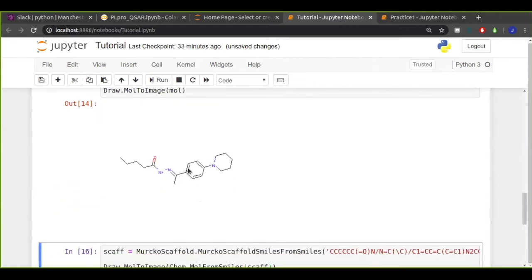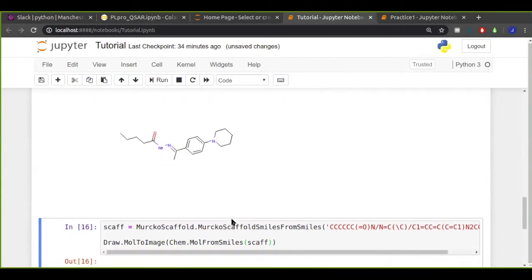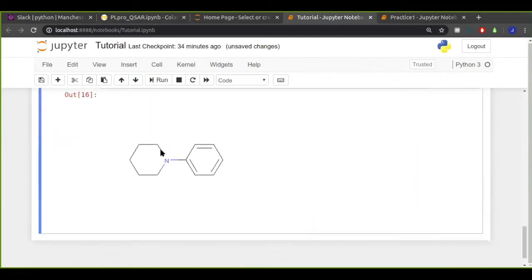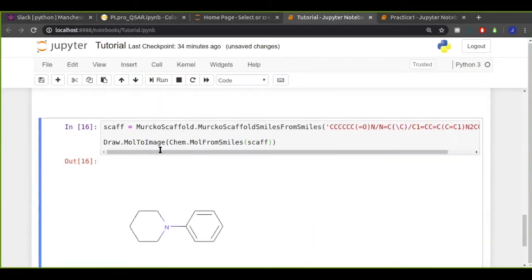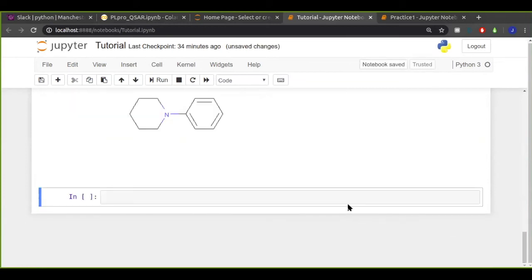Okay, so that only took ages, and here is the difference between the scaffold here and the original molecule up here. So you can see that the only things that the algorithm in question retains are the ring systems and the linkers between the rings. Everything else it considers as a side chain, and it crops them out. So that's pretty much the result that you get from the Murcko scaffolds. I've left a link to the original paper in the Colab notebook if you're interested.